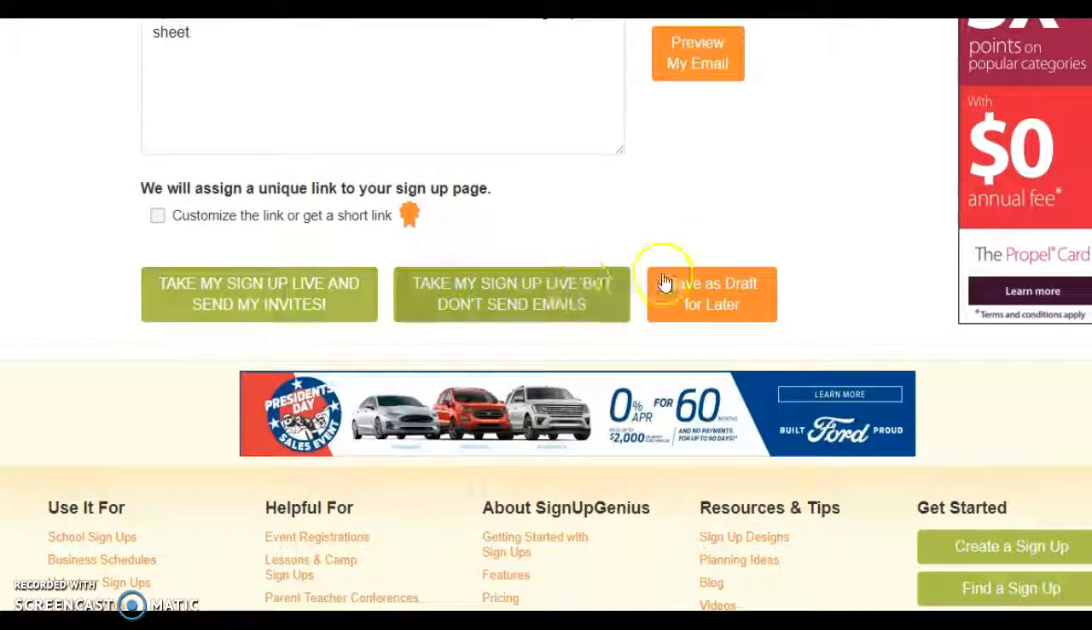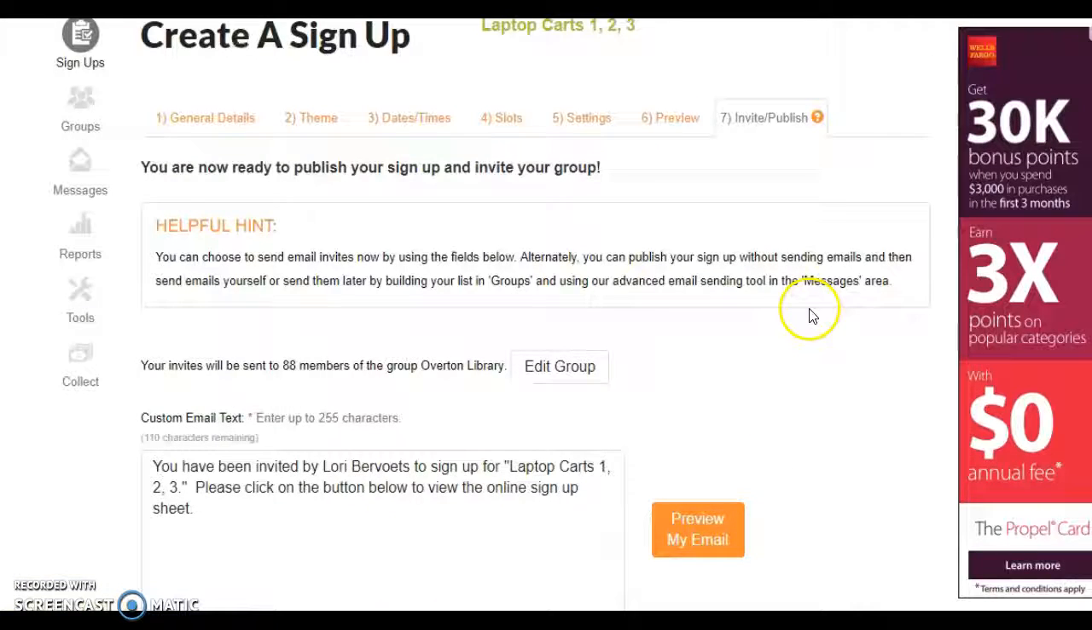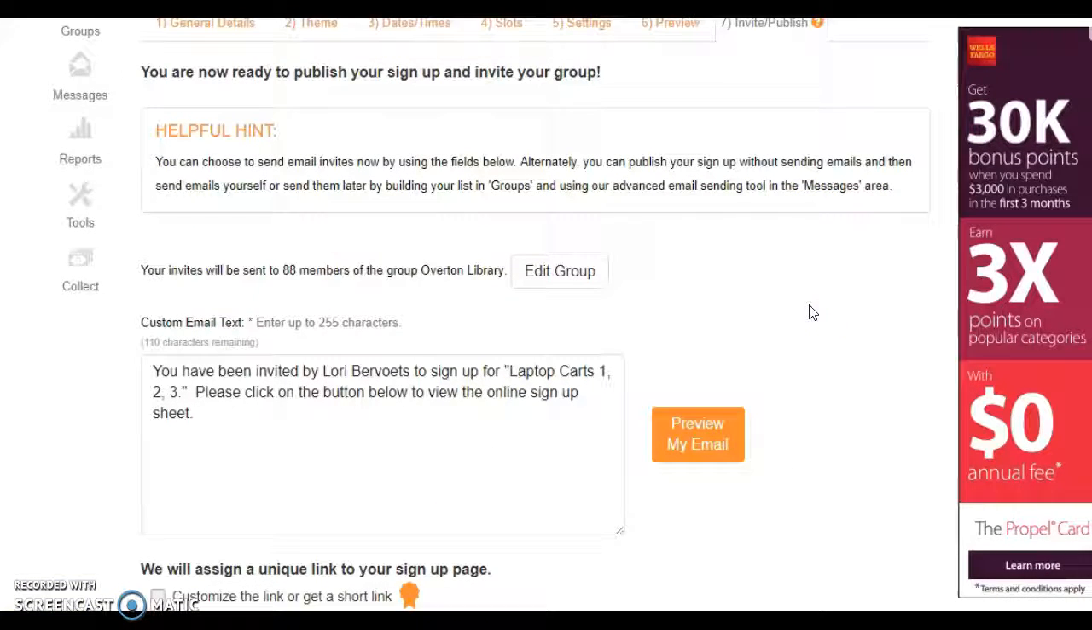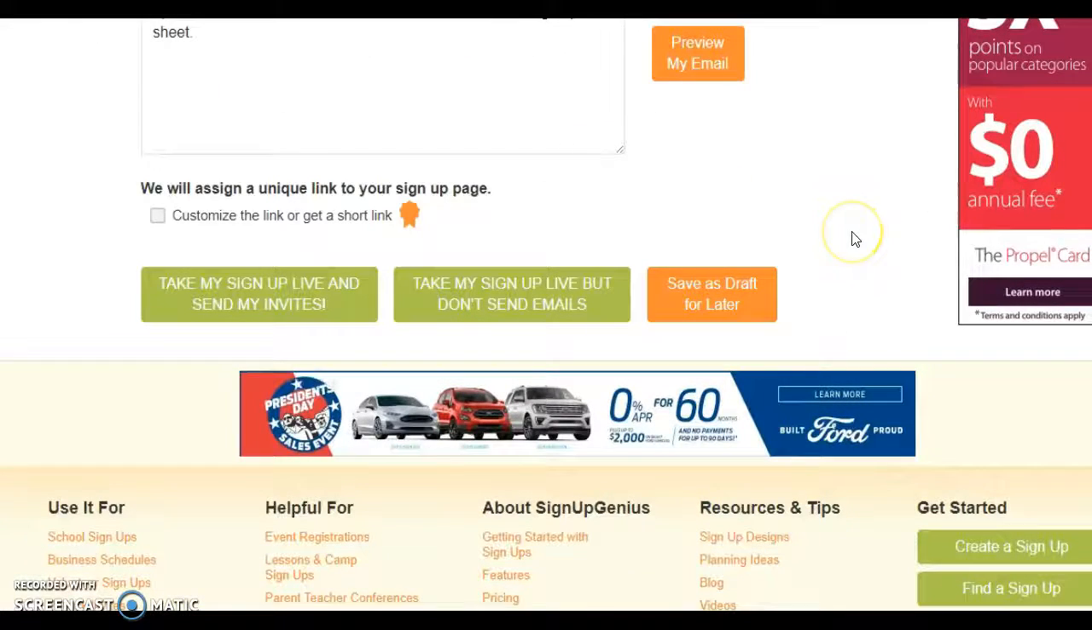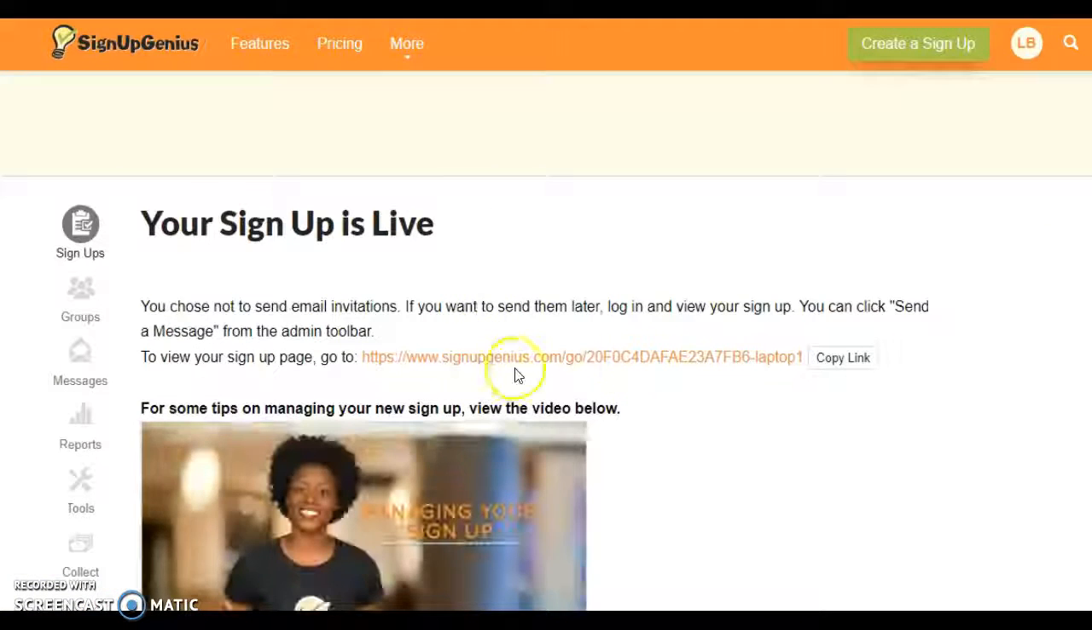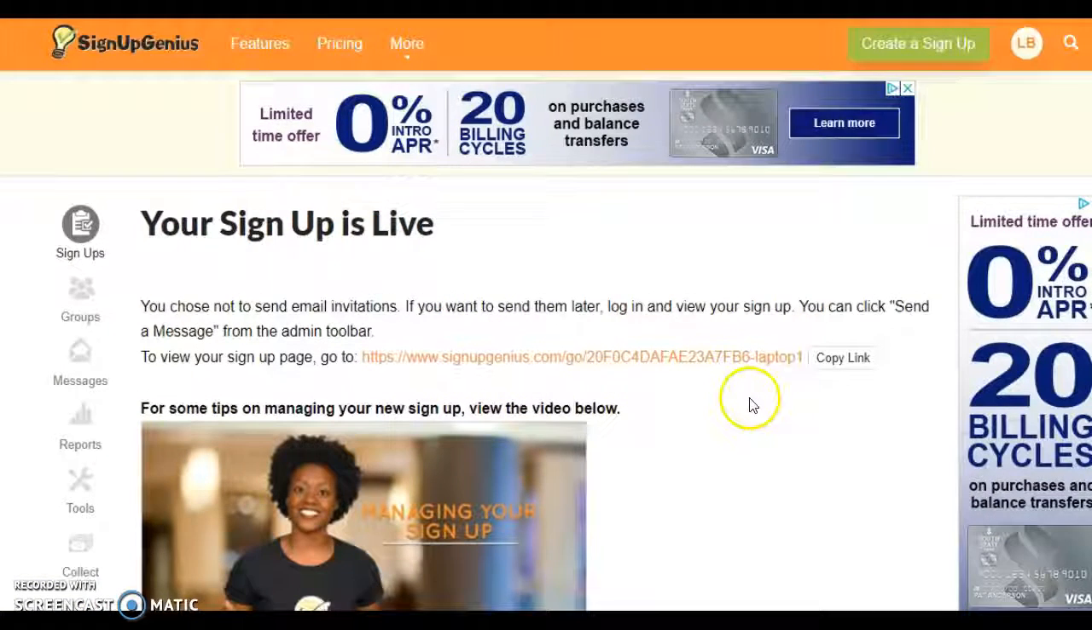And what I usually do is when I click on this invite publish, I don't send out invites. I do the option where I get a link, and I have that link on our school website, or you can just send it out. Take it live, but don't send. Oh, so here's the link,